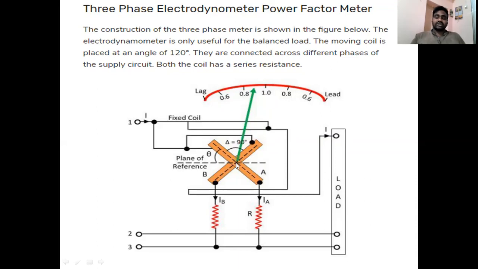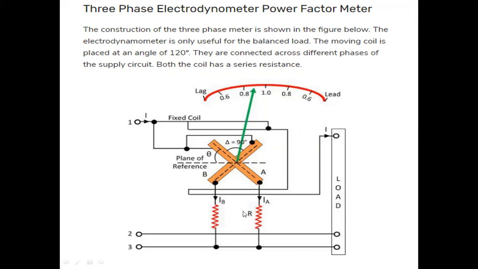Previously that was 90 degrees; here, due to a small mistake, it is deviated with respect to 120 degrees. If we observe the construction of this electrodynamometer type power factor meter, it is used for a balanced load. In the entire discussion, even in the measurement of power in a three phase 4-wire system and a three phase 3-wire system,